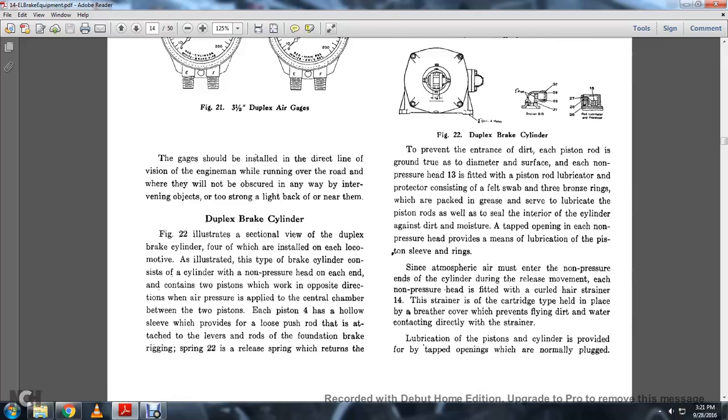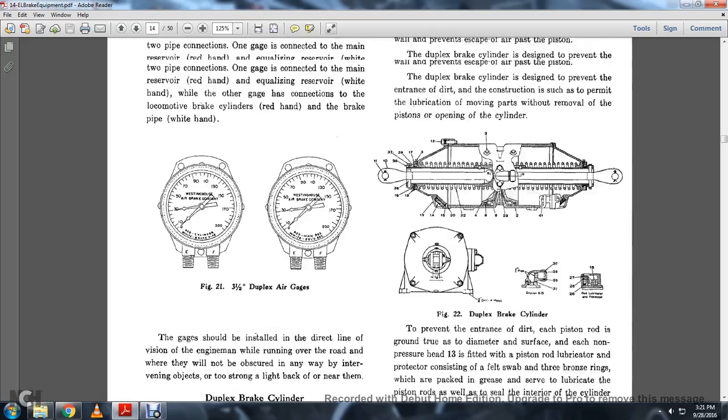Duplex brake cylinder. Figure 23 illustrates a sectional view of the duplex brake cylinder, four of which are installed on each locomotive. It consists of a cylinder with a non-pressure head at each end, containing two pistons which work in opposite directions, where the air pressure is applied in the central chamber between the two pistons. Each of the four has a hollow sleeve provided with a loose push rod attached to the lever rods and foundation brake rigging. Spring 22 is the release spring which returns